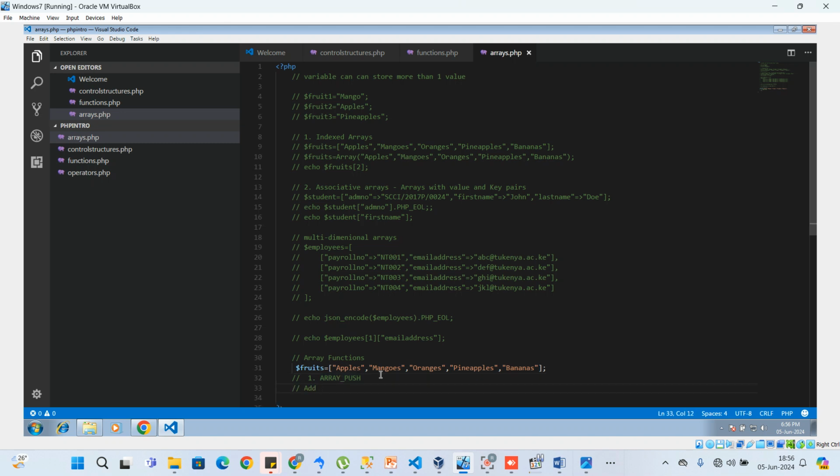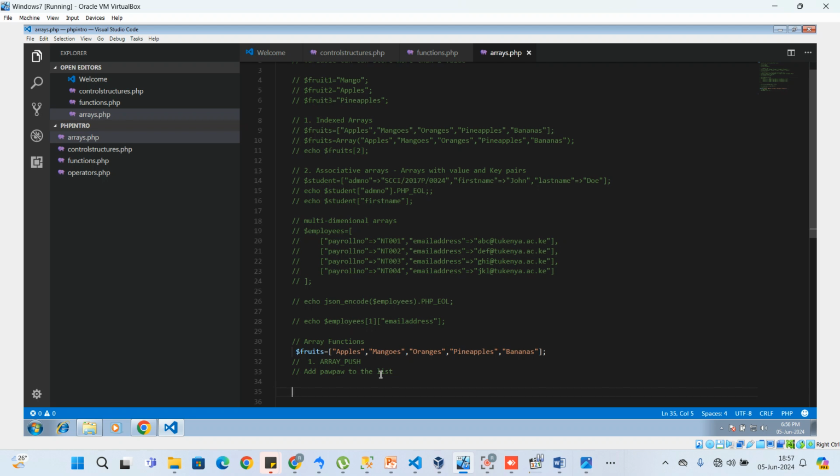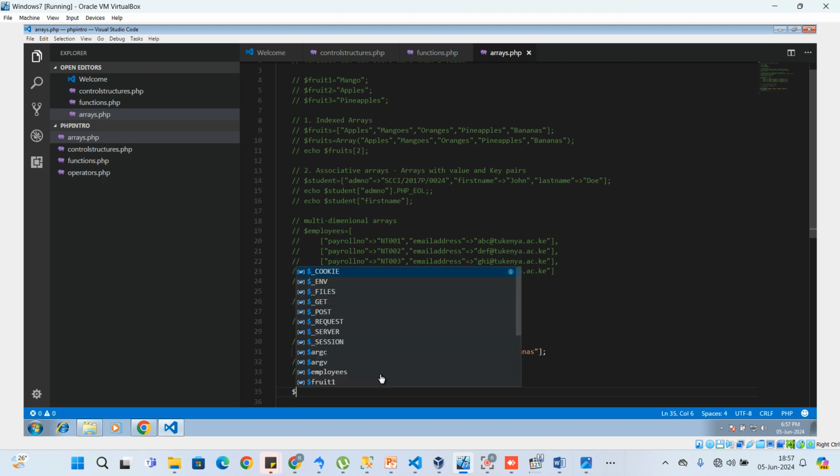What is the name of another fruit? Give me the name of a fruit. Purple. Add purple to the list. So if I want to add purple to the list, I'll simply say fruits